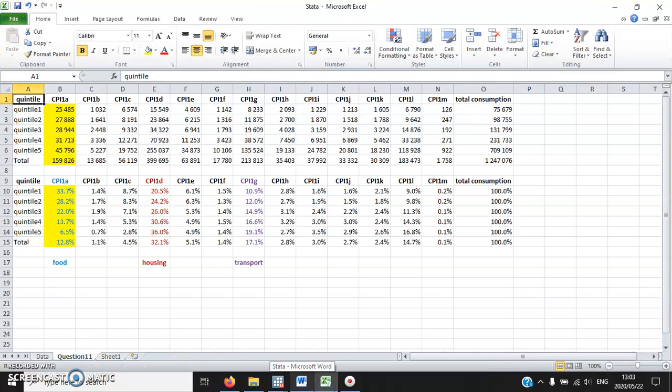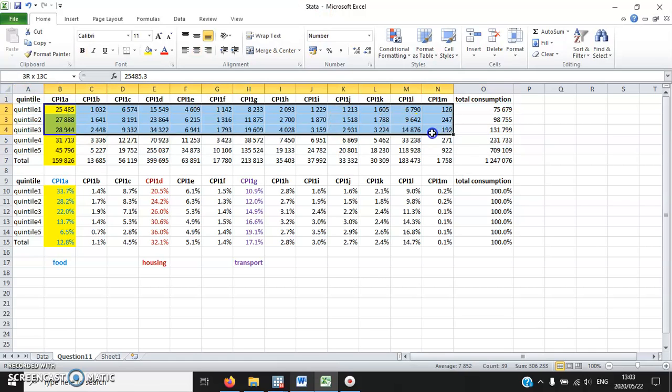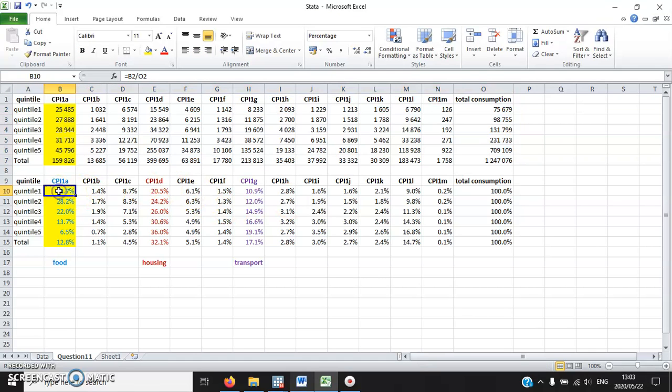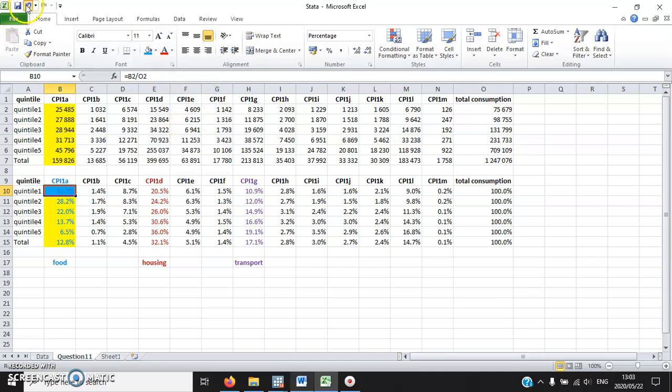And I already did that. Remember the Excel file called Stata. Okay, so that is the results. Okay. And then using mathematical calculation, you can open your Excel file and then you can see the equation. So I derived the consumption on each category as percentage of total. So for this one, 33 point something, it actually means this divided by the total consumption. So this is actually the food spending and then